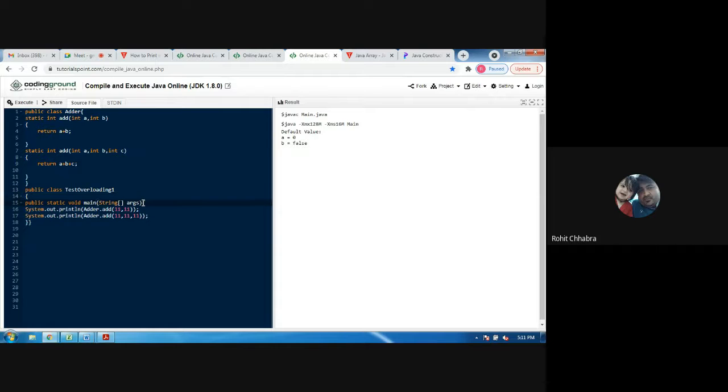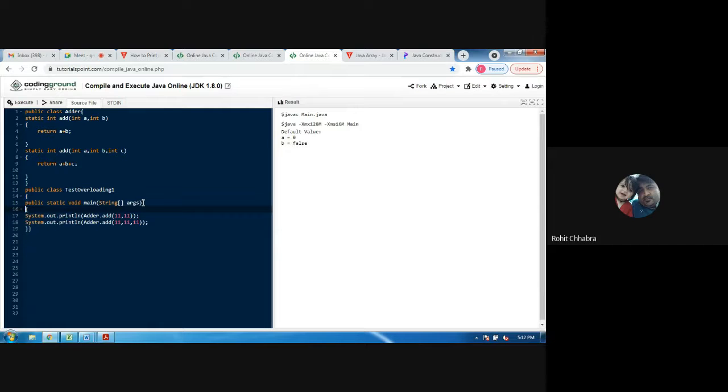Now see what happened. We are calling that method from the Adder class. So simply we are printing System.out.println, the name of that class, that is Adder. To access that add method, we simply use dot and the name of that method, that is add. Adder.add, we are passing two integers, that is 11 comma 11.